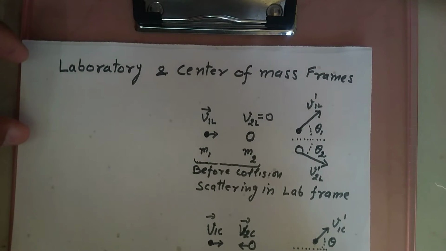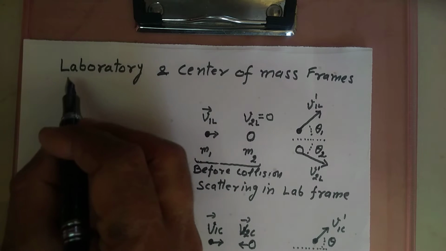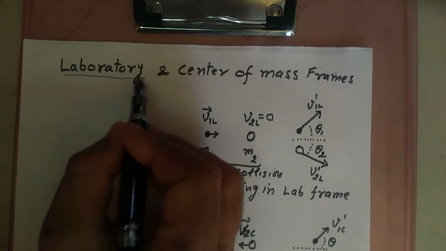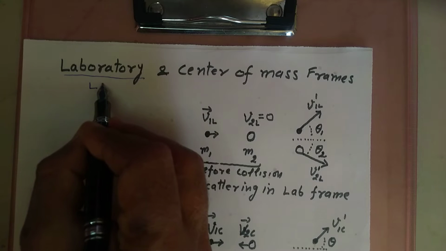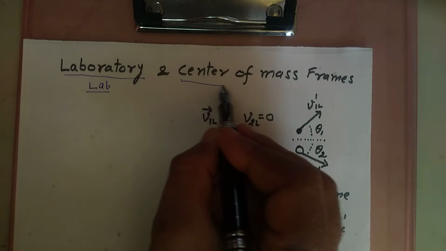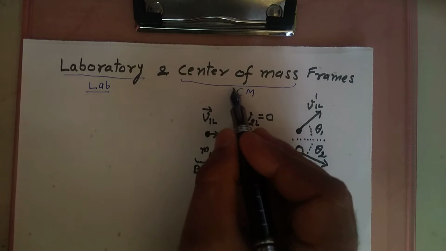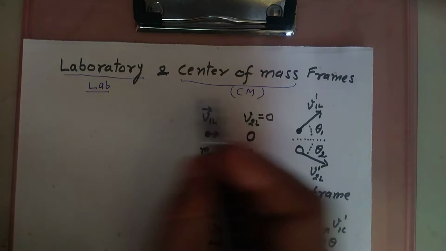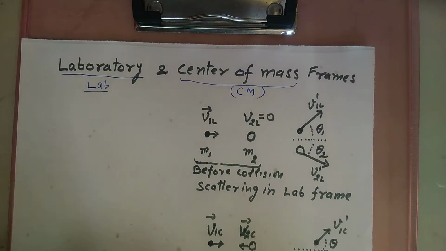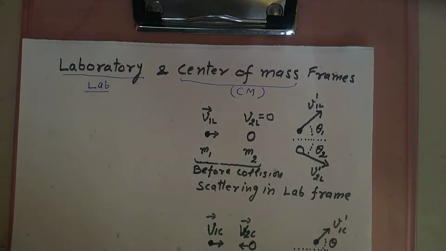In this video, we will discuss the scattering in the two frames. One frame is the laboratory frame, or we will call it a lab frame, and another is the center of mass frame, or we can call it a CM frame in short. CM frame and lab frame. So here in this we will consider